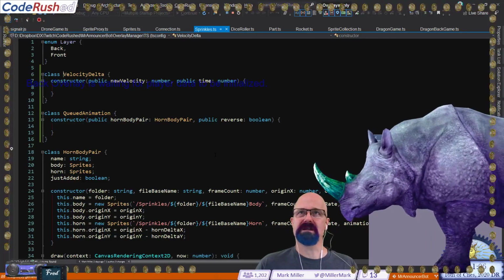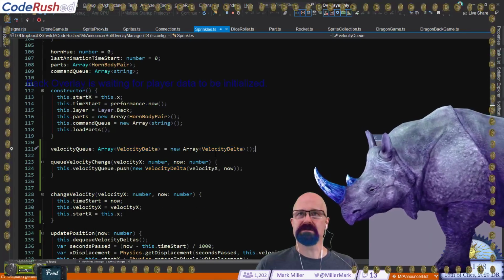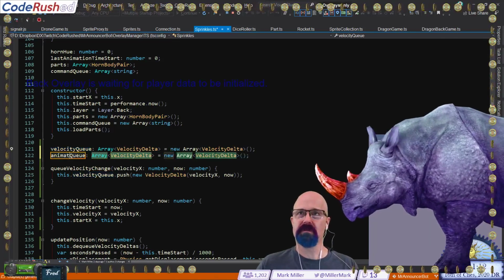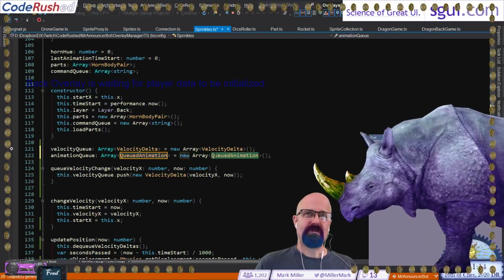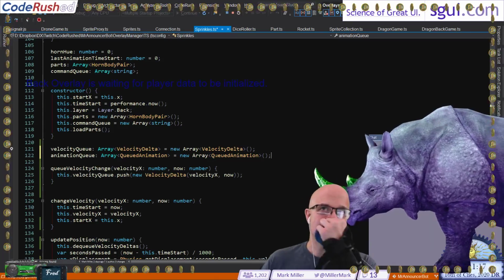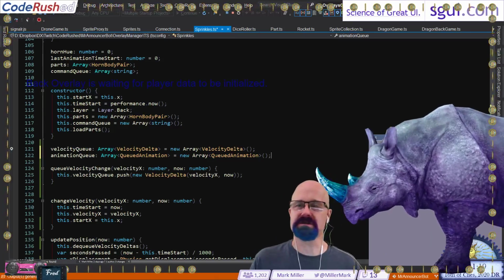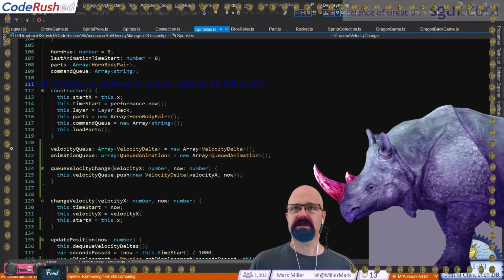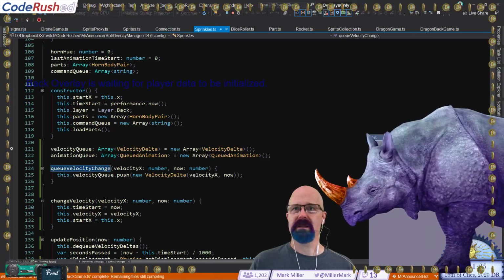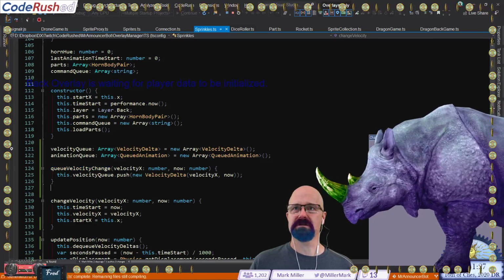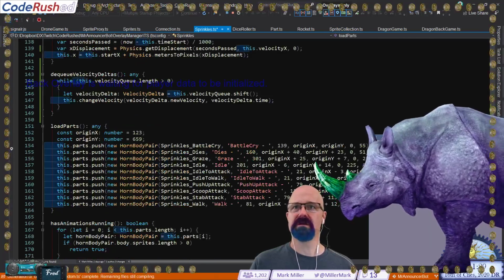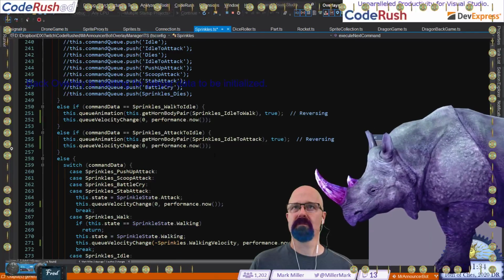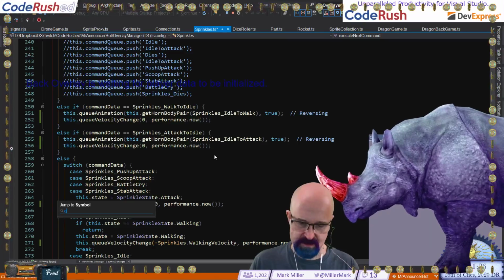Let's go to my velocity delta, and let's do something similar here where we're going to call this our animation queue. I'm not an expert in this, but I have a strong hunch that this is going to solve this problem for us. And queue velocity change, we've got a similar queue animation somewhere that we just added. I thought I could find it by paging down, but